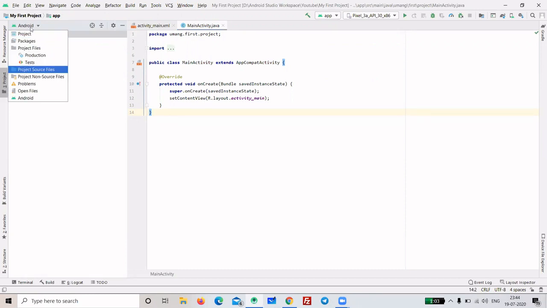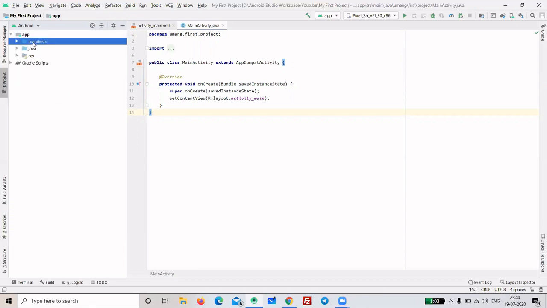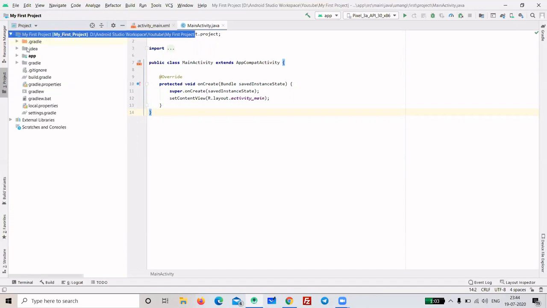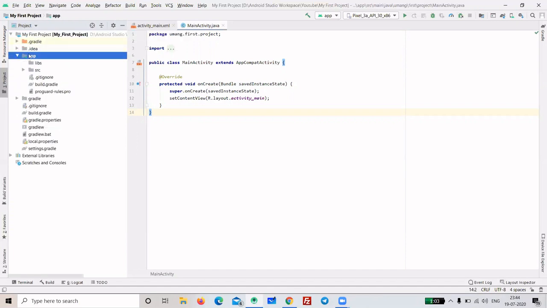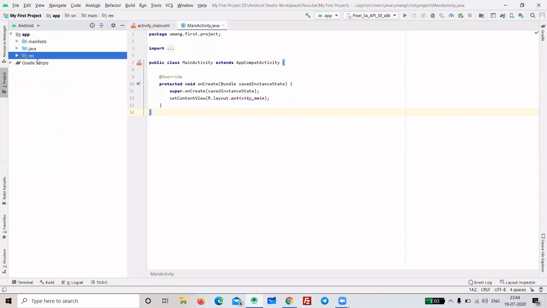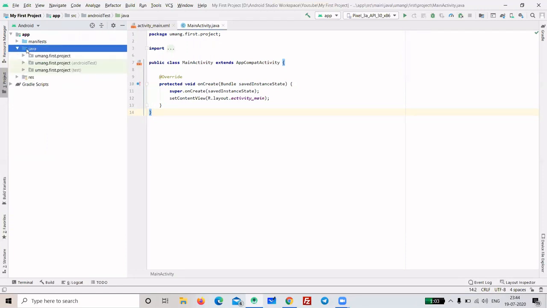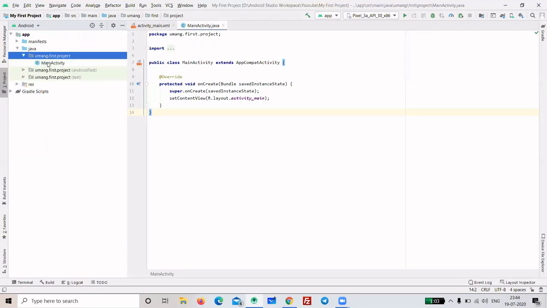And here, these are the different views. If I select Android, I will be able to see only the files that we require. I won't be able to see all the files of the project. But if I select here project, I will be able to see all the files that are created in the project. Lots of files are of no use to us. So it's better that you select Android only and just see the files that we have to use in our programming part. How to write the code, and what is the use of these files, I will cover in another video. Right now I just have to explain how to take a new project.